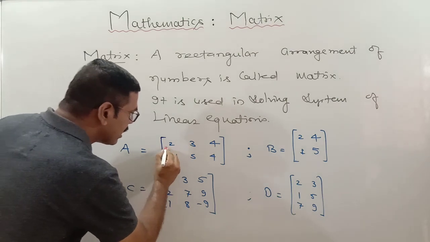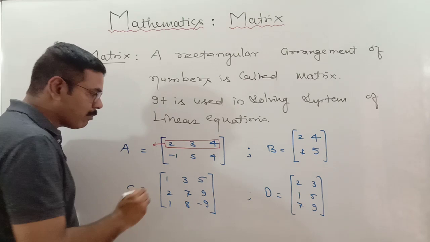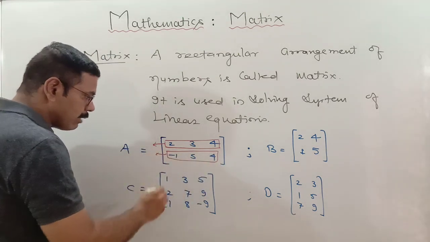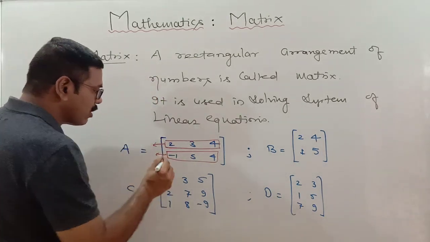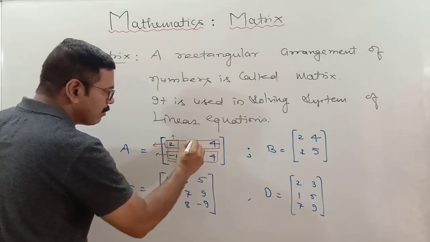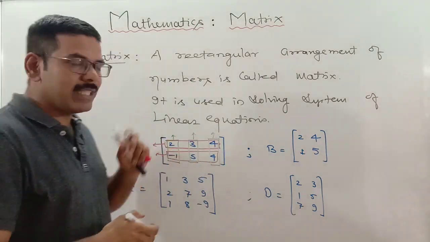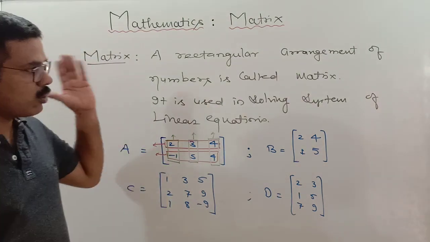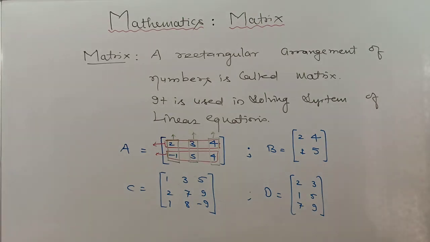If you will see, this is a horizontal arrangement. Okay, so this is horizontal arrangement number 1 and this is horizontal arrangement number 2. Okay, if suppose in the same matrix, we'll see the vertical arrangement also. This is the vertical arrangement number 1, vertical arrangement number 2 and vertical arrangement number 3. So what is this? How we represent a matrix? This is a question. So please very first note down that by just making pause the video.